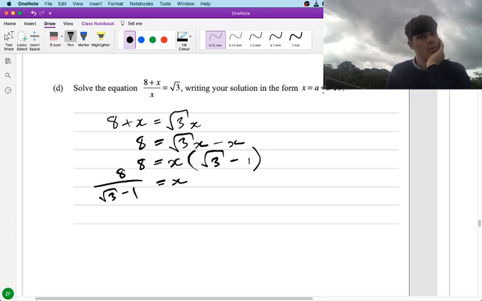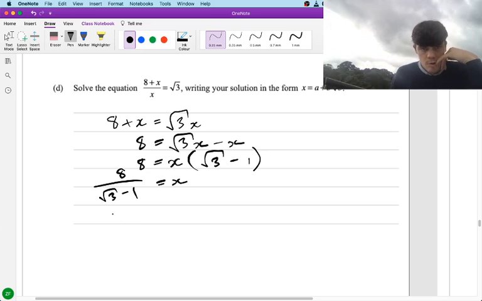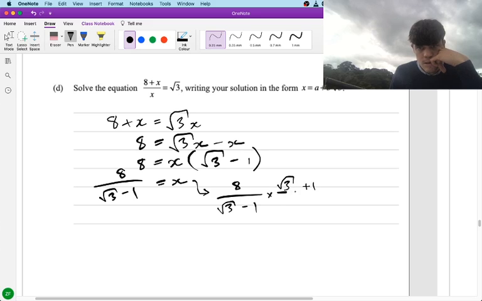But that's not the form they wanted it in. So we're going to have to bring this surd up off the denominator. So to do that, we are going to multiply by, I guess we'll do root 3 plus 1. Let's try that. It's looking a bit ugly, but I'm going to chuck it over here. 8 over root 3 minus 1 multiplied by root 3 plus 1 over root 3 plus 1 equals, this is an expression for x, by the way,